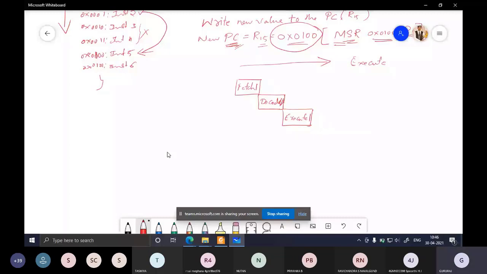This process can be multiplexed, so simultaneous fetches can be done. Whenever the first instruction is being decoded, the fetch cycle is empty. It is not doing any job, because the present instruction is being decoded.